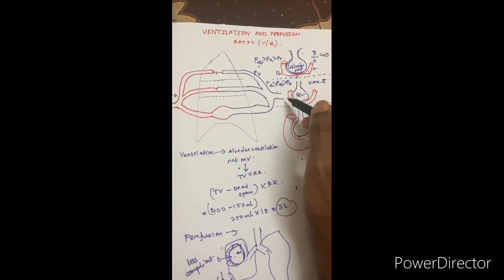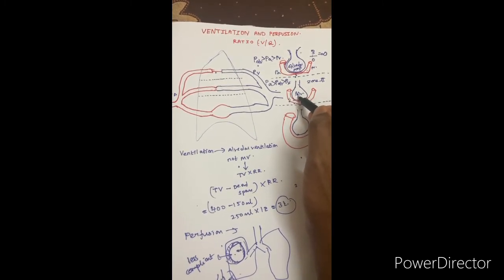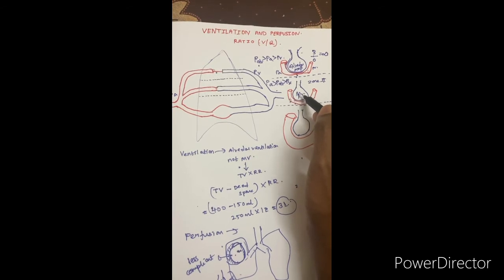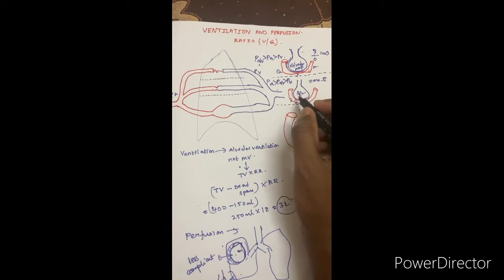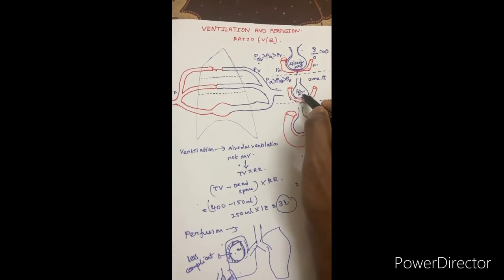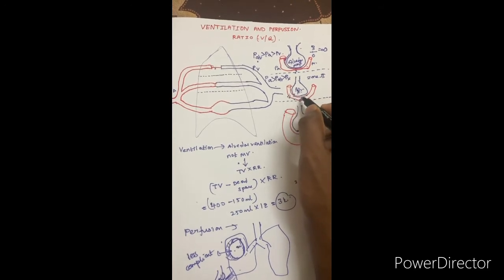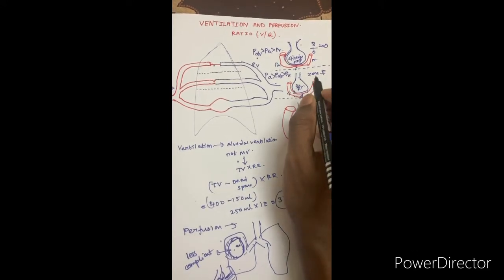But during diastole, the pulmonary artery pressure will fall, so the alveolar pressure will be raised, which will cause compression over the veins, so the blood flow through that segment will be reduced. So you will be in zone 2. What I want to mention is there will be intermittent blood flow through the pulmonary capillaries. The blood flow is due to the gradient between your pulmonary artery and pulmonary alveolar pressure, occurring only during the systole period. During diastole there is an absence of blood flow to that segment.